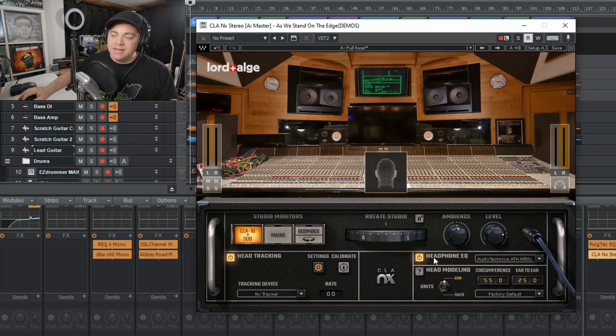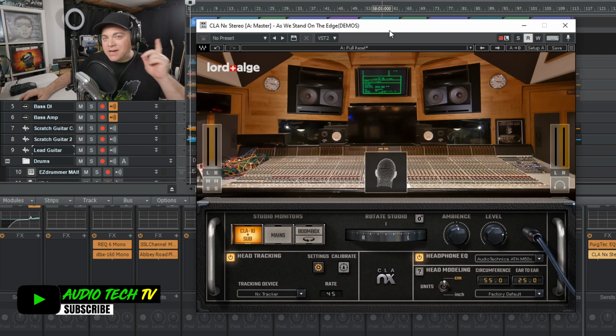But what it does when it's enabled is it looks at the headphones in here, and it understands the frequency response of these headphones, and it corrects the curve so you can get a flatter response. And this can result in some more accurate mixes. But if you know your headphones already and you know how to mix with them, then you don't even need to worry about this, even if you have the same pair that are in here.